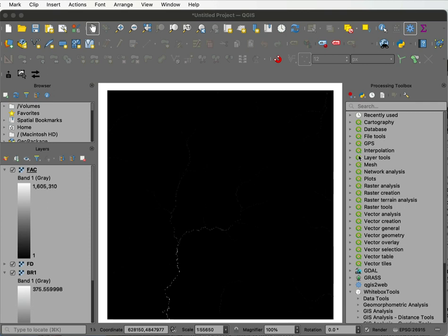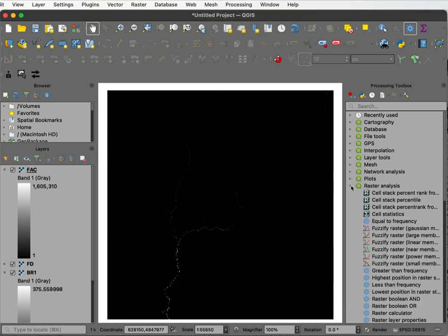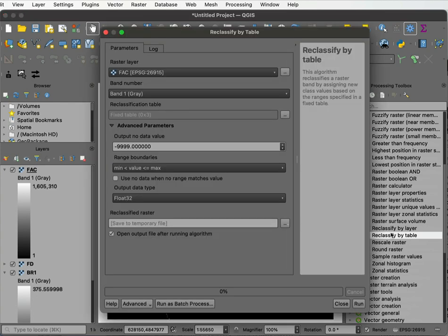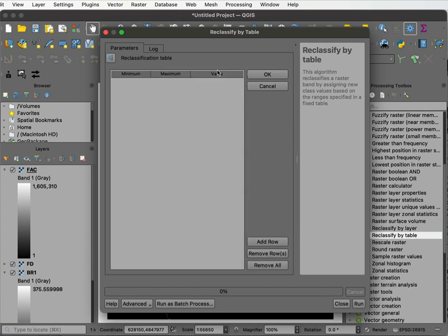So if we go in here to the QGIS raster analysis, down to the reclassify by table, I can double left click and I have this flow accumulation layer as my input. I want to create a table that says, look, I'm going to add a row, and if I have anything over 50,000 cells, that's what I've decided is my limit that I want to show. Anything below